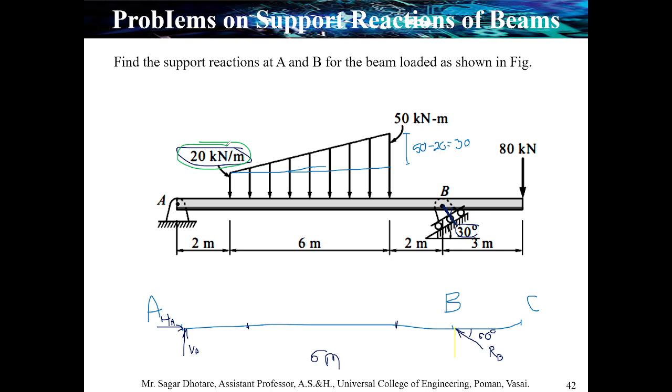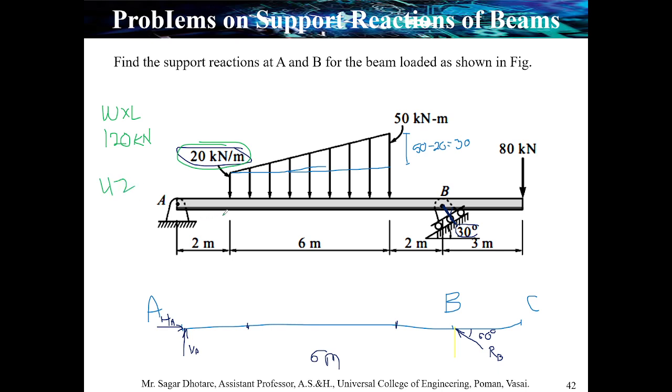For UDL, what is our equation? First, to calculate the magnitude of force, you can say W into L. W into L, how much is it? 20 into 6, that is 120 kilonewton. About the length, which is L by 2,